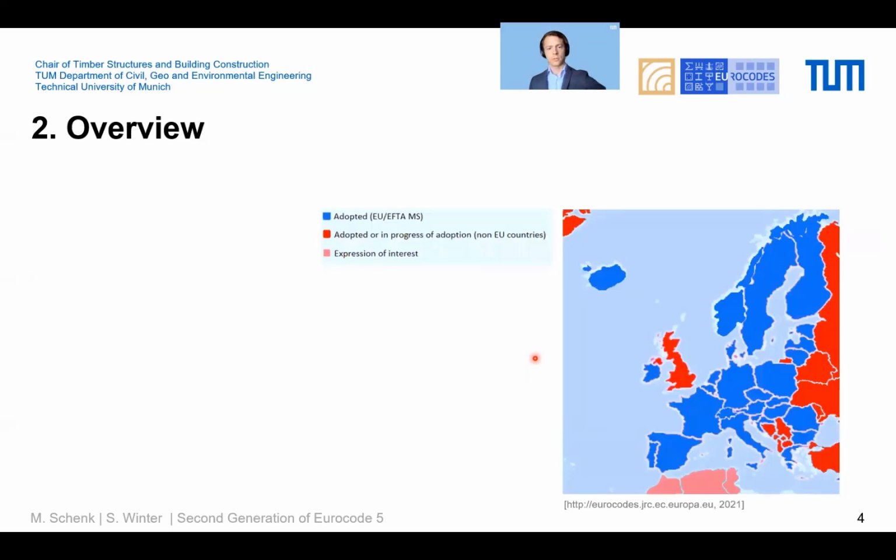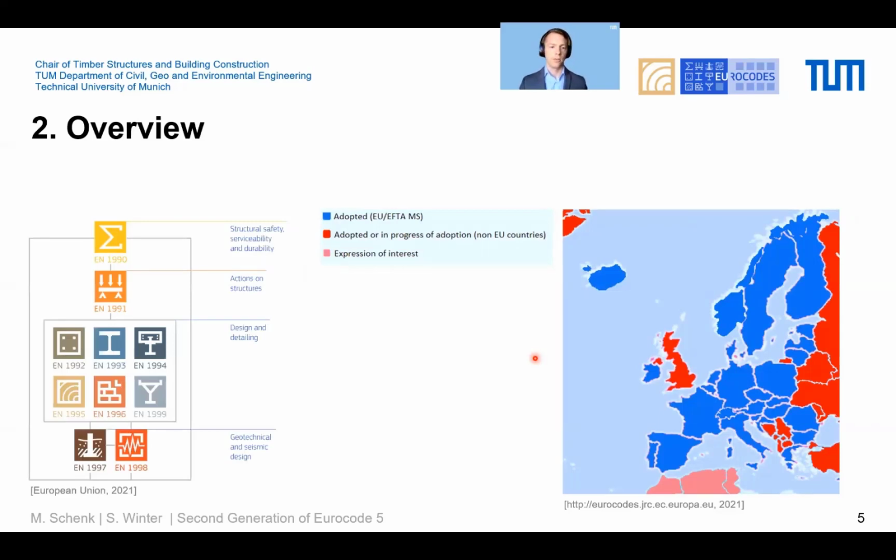The structural Eurocodes were established in Europe approximately 15 years ago. They replaced the differing or even missing design guidelines in the member states of the European Committee for Standardization, short CEN, with a common set of technical design rules of equal safety level. They integrate the essential requirements for construction works defined by the Construction Products Regulation via design rules into the harmonized European building market from the raw product to the full building scale.